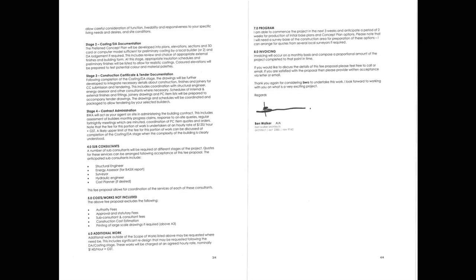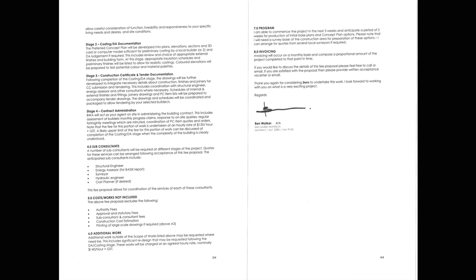And then here we see the third and the fourth page, where we see the project team, which is what he's got under 4 there as sub-consultants. So he's saying that a structural engineer, energy assessor, surveyor, hydraulic engineer, and a cost planner are people that might be needed for the project.